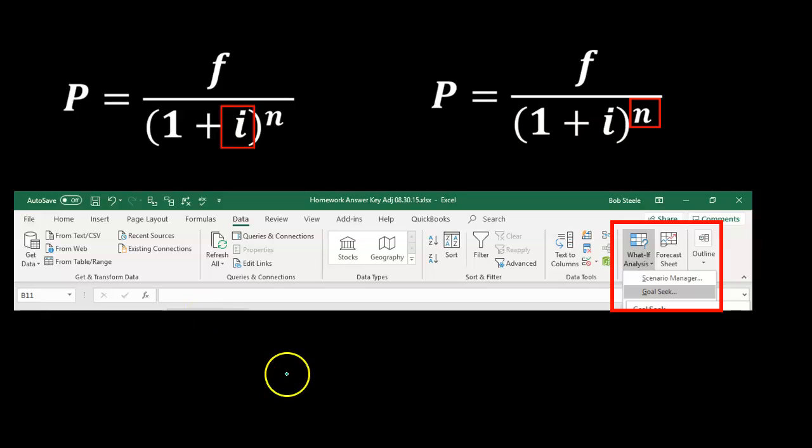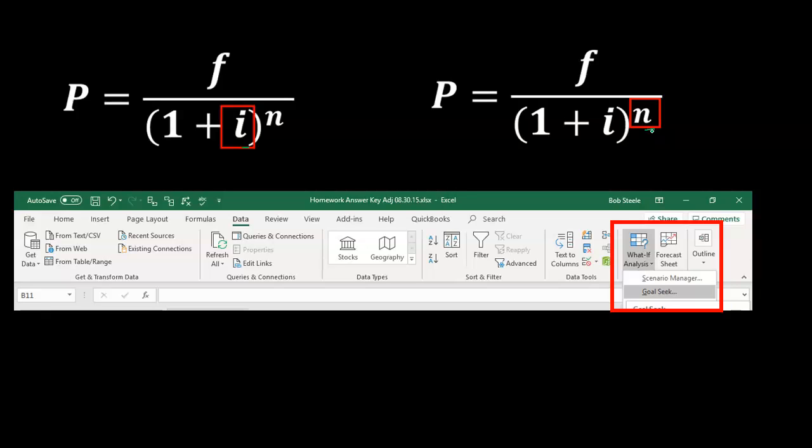And so that's going to give us, if we hit enter, that'll give us our function, which will be the 200. Now, we also want to show this other information that will be the goal seek. Remember, we said that it's possible that we have all the data except for the interest rate or all the data except for the number of periods. And then if we have all the factors except one, we could just solve for that missing factor. We could do it with the formulas.